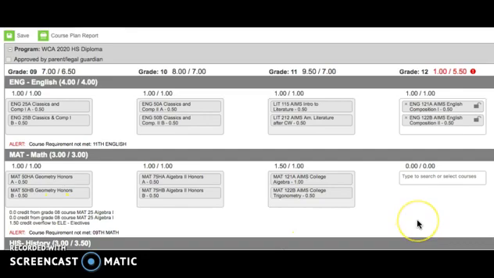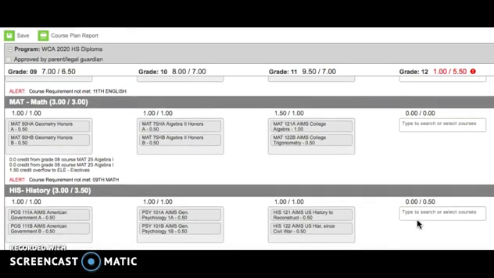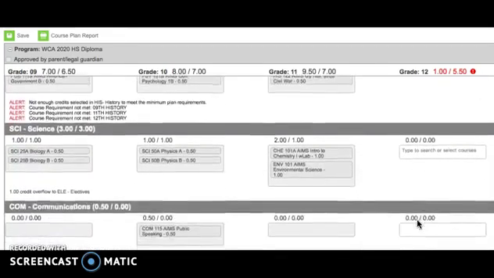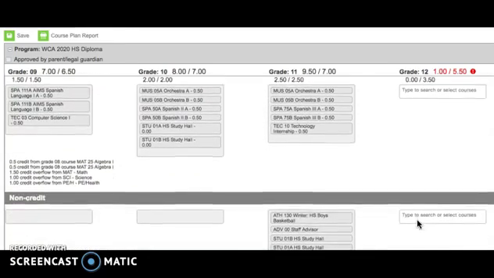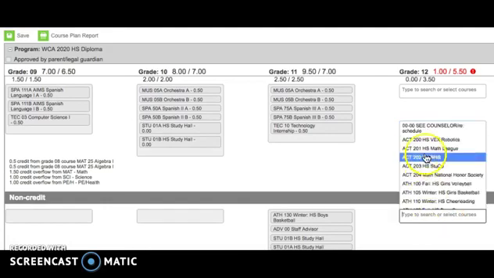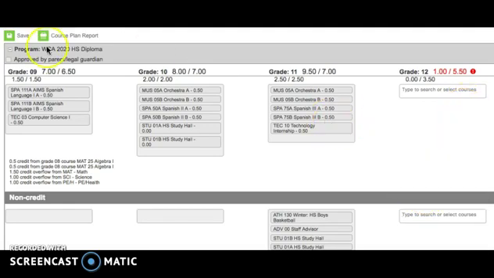And I would say by the time you're a senior, your academic plan is pretty personalized. So depending on what credits you have remaining, you might be spending a lot of time down here in electives and non-credit, like figuring out when you can fit in your open blocks or your concurrent enrollment choices or what electives you have remaining. But again, you want to save at the end,